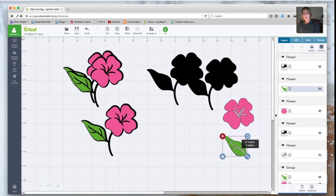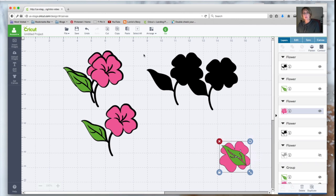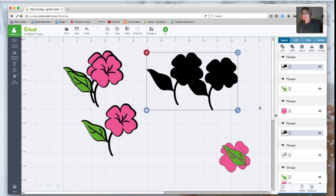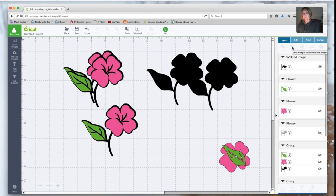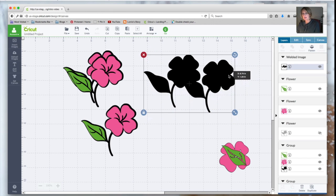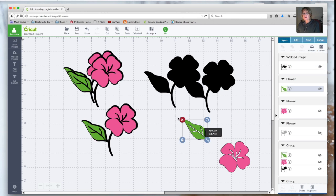We're going to make a border, let's say. So we can put those two flowers together where they're touching, and we can hit Weld. And now you see those two layers are now one layer. It's one image. It moves as one, and they're welded together. Now what if we wanted to